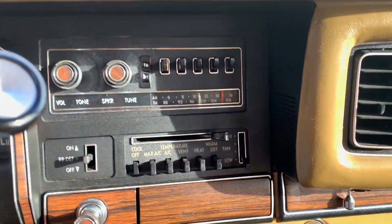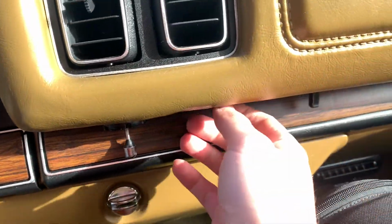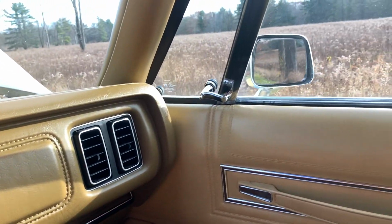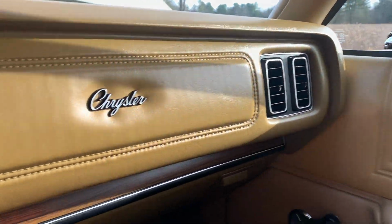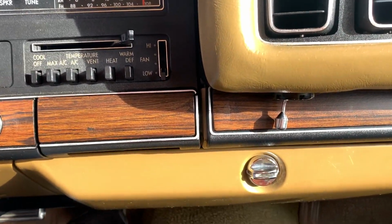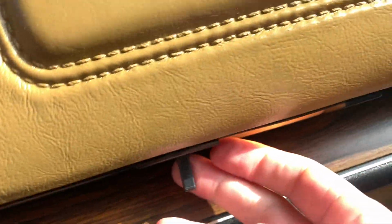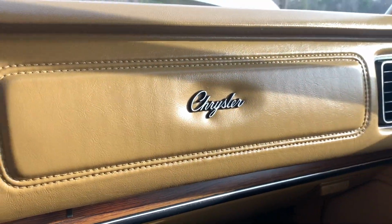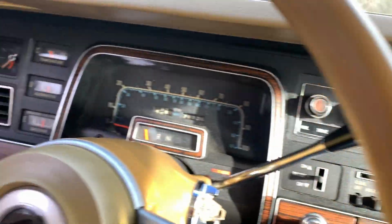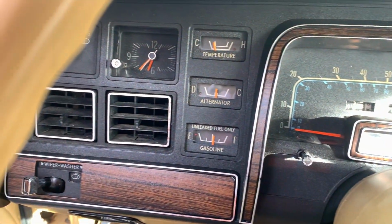AC. You got the remote mirror control. I didn't even know it was there. This controls the passenger mirror by hand. That's if you had a passenger. The Fury doesn't have one. Yeah, isn't that funny? Map light. I mean, it's really well optioned out for luxury. It is. Yeah. It's for its time. I mean, compared to a Cadillac, I'm sure you'd have to pay out the nose. Yeah. So this was a good